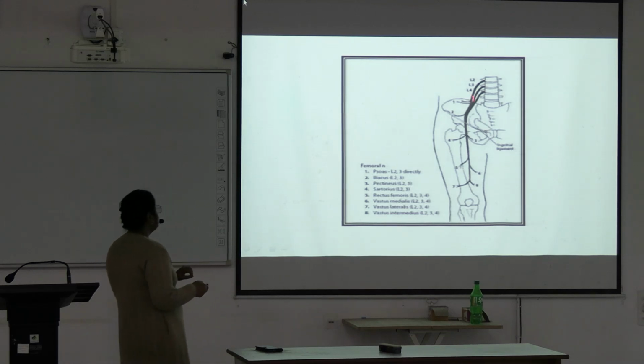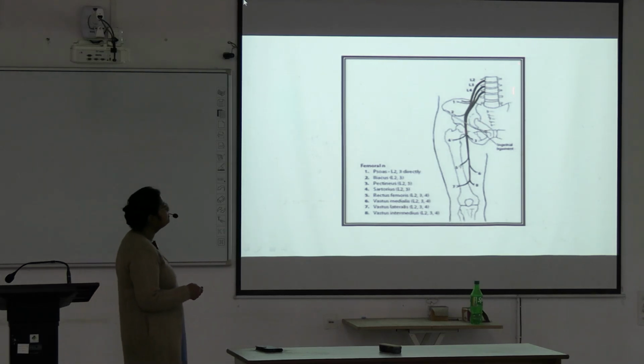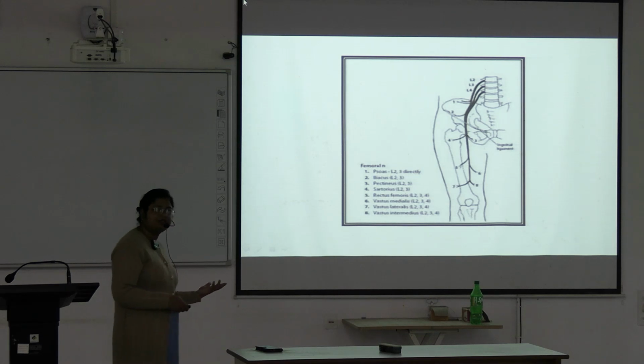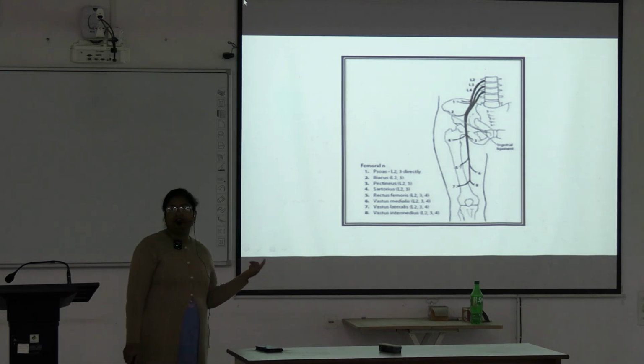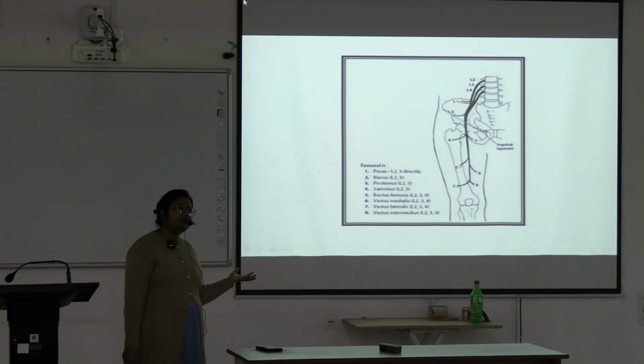See here, this is the femoral nerve, okay. L2, L3, L4 is the root value, then passing between the iliacus and psoas major, then passing underneath the inguinal ligament, entering the thigh lateral to the femoral sheath and dividing into anterior and posterior divisions. The anterior division has one muscular supply, sartorius, and two cutaneous nerves, the intermediate and medial cutaneous nerve of the thigh, and the posterior division